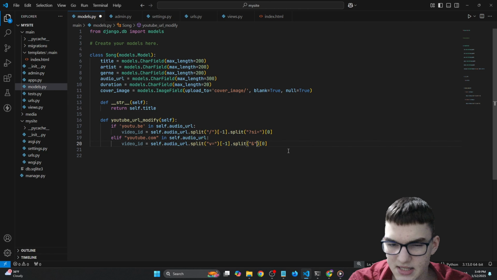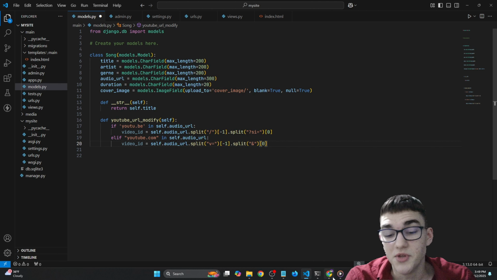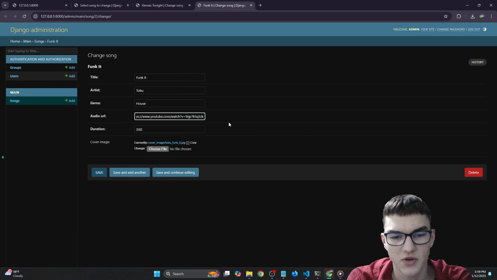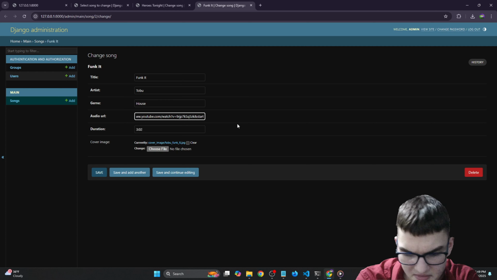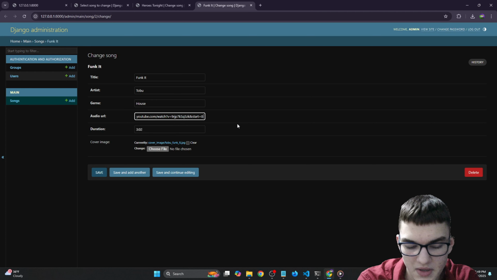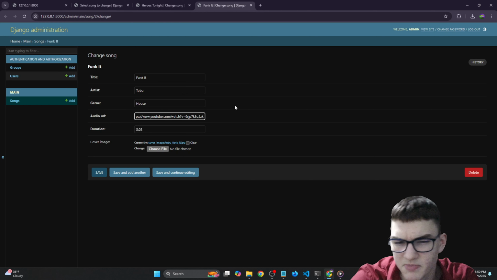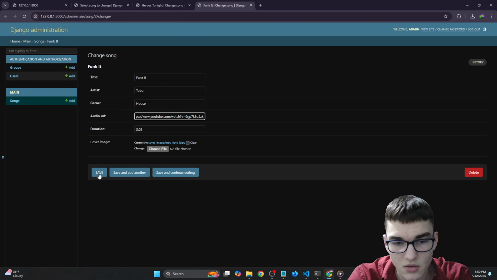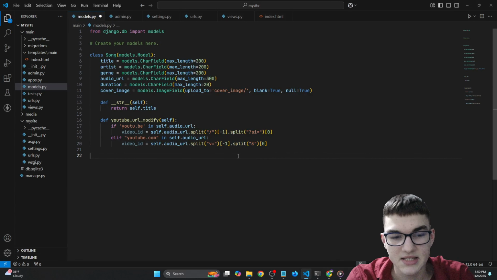So what is this? This just means the other parameters of this URL. For example, there could also be an ampersand start equal to 0.05. So this is where the song will start, and we don't want to get that. We want to split from that. We don't need that. So that's just it. We can now save this, or I already saved it, but okay. And save this